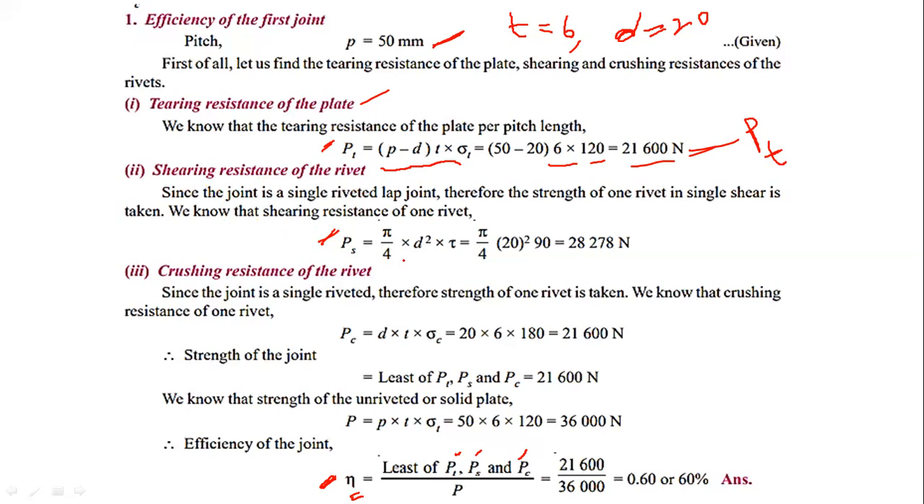Already we know the formula, pi by 4 d square into tau, is the formula for single shear. Given question is a single riveted lap joint. For lap joints we have to consider single shear, 1 into pi by 4 d square into tau. Pi by 4 d square is the resisting area, tau is the shearing stress. So shear stress is 90 megapascal and d is 20. So the value of shearing strength equal to